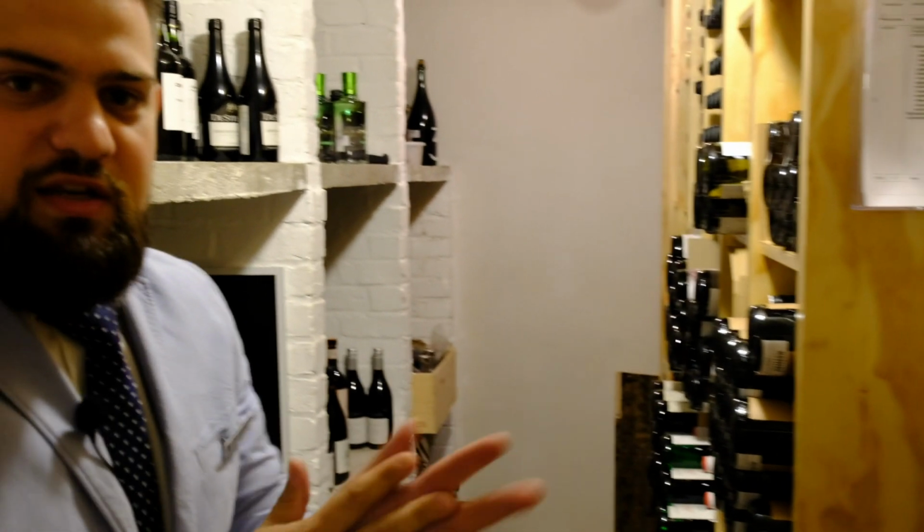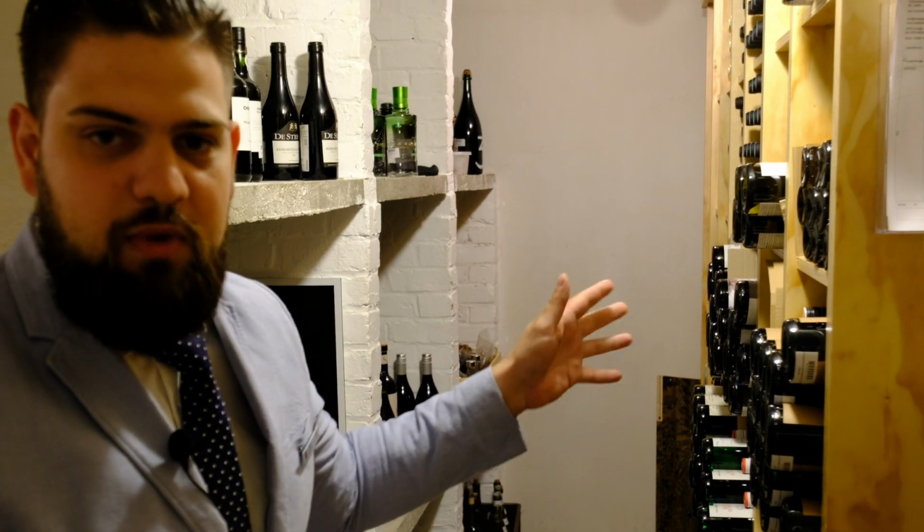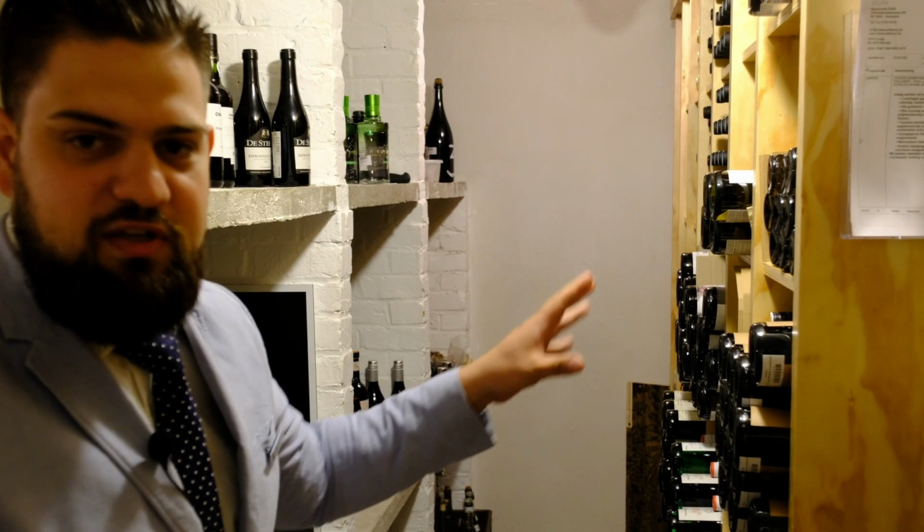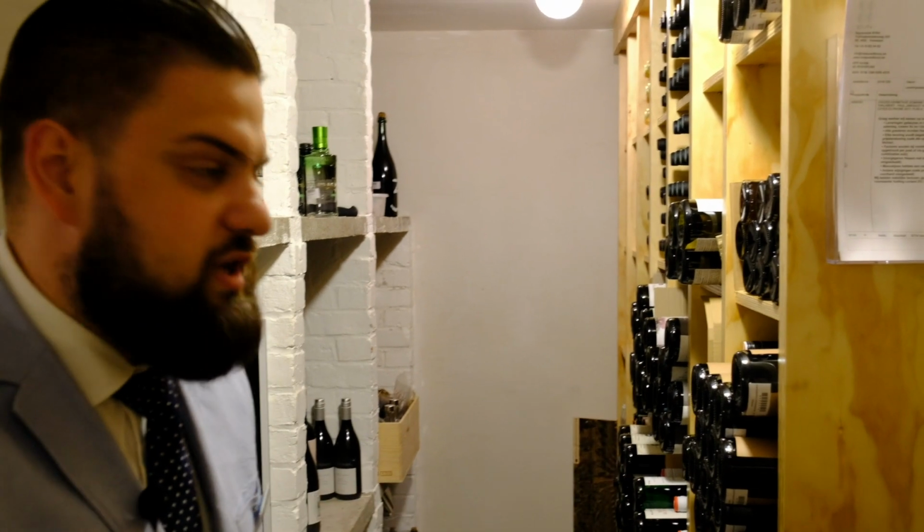So here we have our daily cellar. This is actually our wines that we sell by the glass and our wines that we give in the menu. So this is a really fast entrance to go from here to the restaurant upstairs. Then if you come further here,